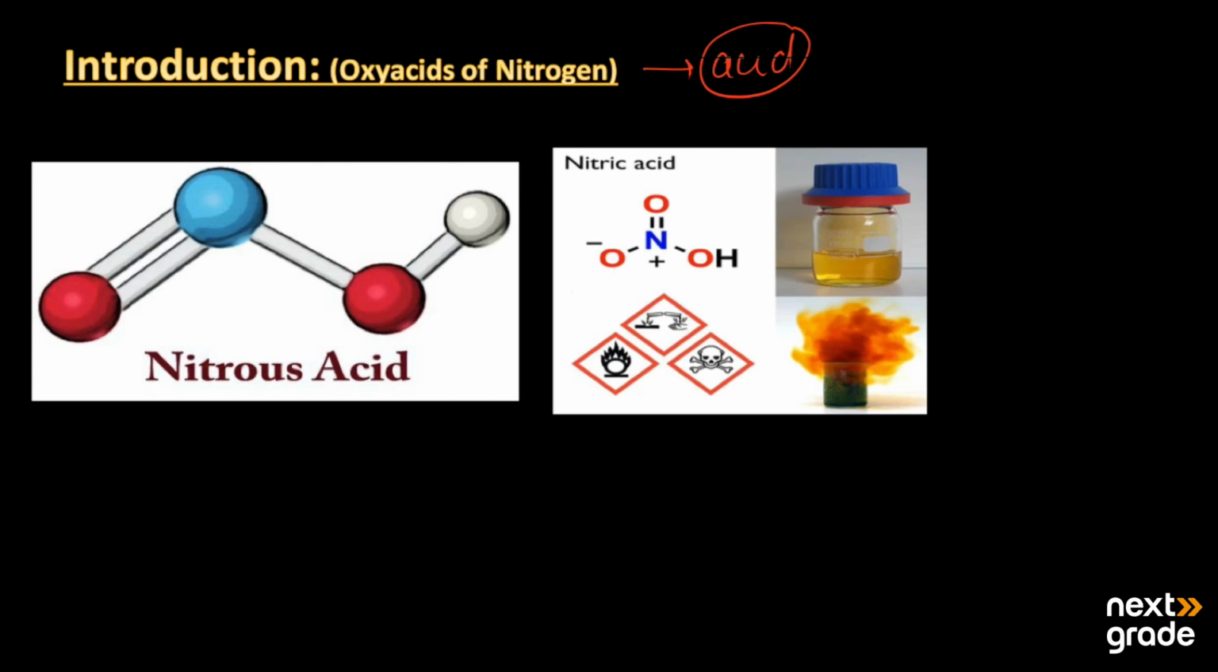On the whole, two oxyacids of nitrogen are present. The first one is nitrous acid. Its formula is HNO2, in which one nitrogen along with two oxygen atoms makes up the acid, which is called nitrous acid. The second acid is nitric acid. One nitrogen is bonded with three oxygen atoms. Its formula is